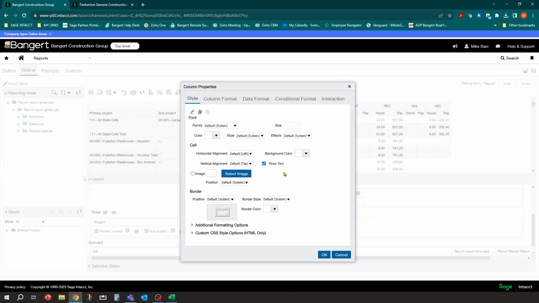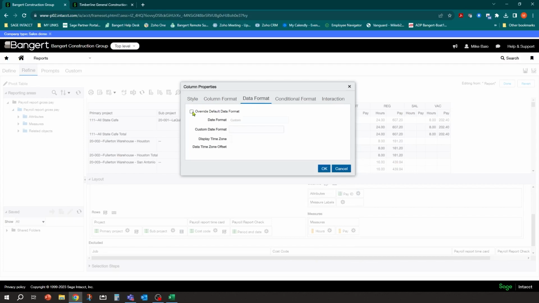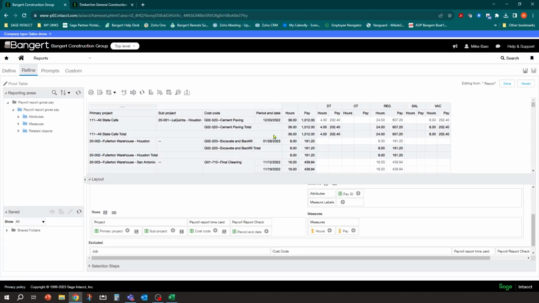Once I'm in there, you can do some different things. Right now the cell has horizontal alignment and vertical. The horizontal, I want to make it right justified. Looks a little better that way. And for the date, you can use any of the options here. Like this one, I want the 4-digit year, and I always want to fill the 0 in, so I'm going to use that one. So you can make these little tweaks on the design. Now that just shows the dates a little better. So you can make those types of tweaks, and then when I'm done, I'll click done over here.